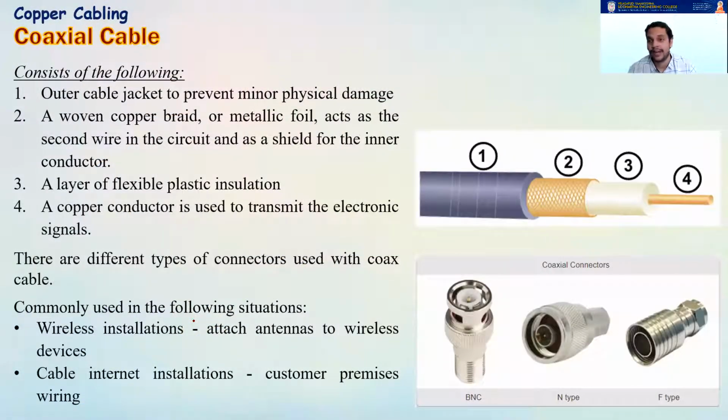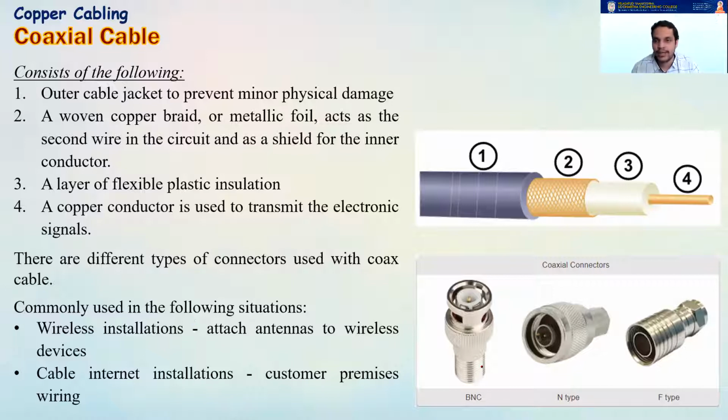The third variant of your copper cable is the coaxial cable. The best example for anyone to see is cable TV. If you see a set-top box, there is a wire behind its back. It is nothing but coaxial cable. The name coaxial cable is because it consists of two conductors.